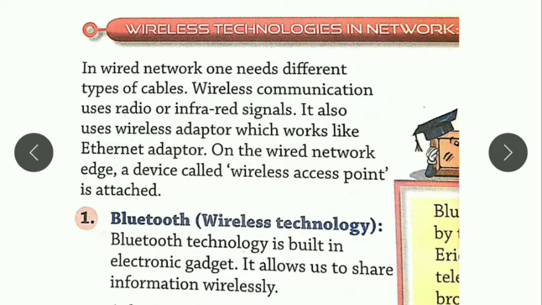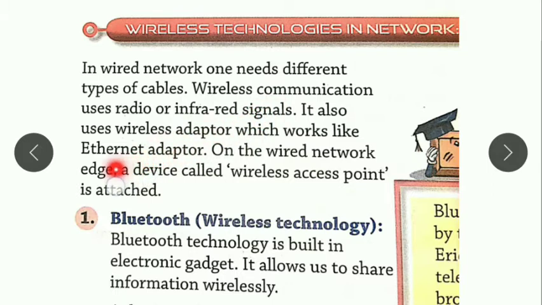Okay, here when we talk about the network, then there are two methods to make a network. There are two technologies. One is the wired technology and another is the wireless technology. In the wired technology, we use different types of cables to make a network of our computers. And when we talk about the wireless technology, then we do not use the cables, but instead of that, we use the signals, that is the infrared signals and the radio signals. With the help of these signals, our computers get connected and are able to communicate between them.